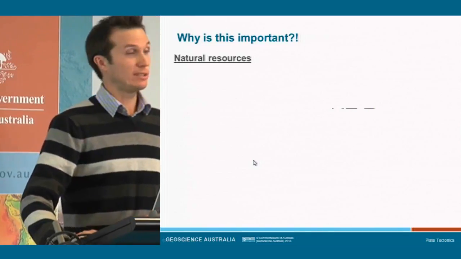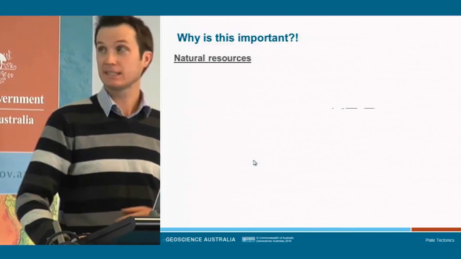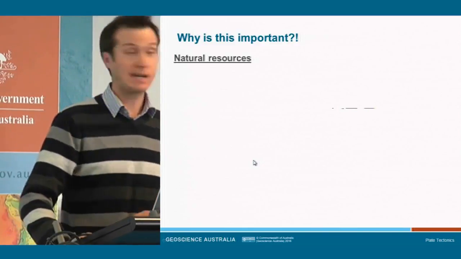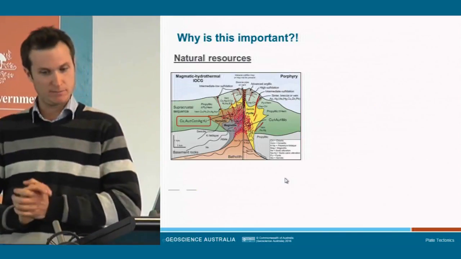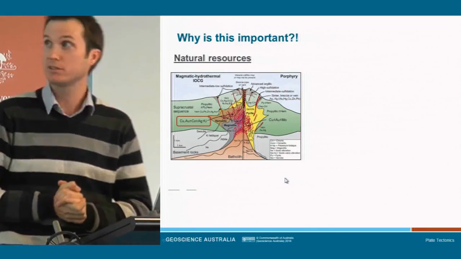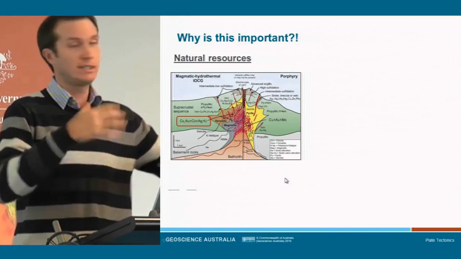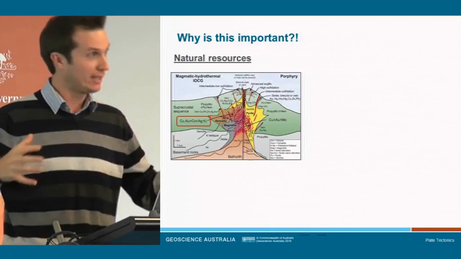So, natural resources. A lot of the work we do is in natural resources, whether it be minerals, oil, gas, things like carbon sequestration, geothermal power as well is important. Now, plate tectonics, like I said, helps generate a lot of these magmas or hot rocks beneath the surface, which often drives groundwater and produces what we call hydrothermal fluids, which are one of the main agents of